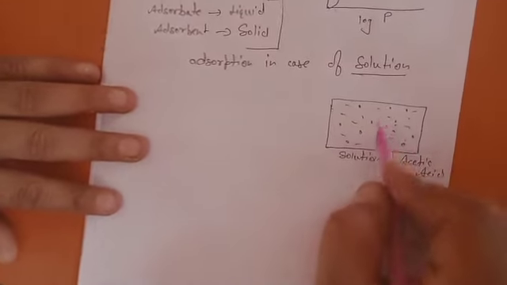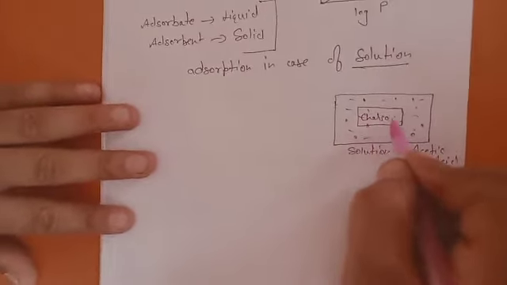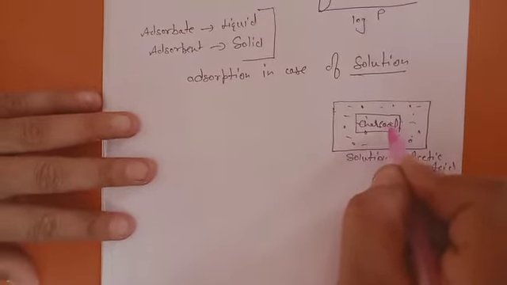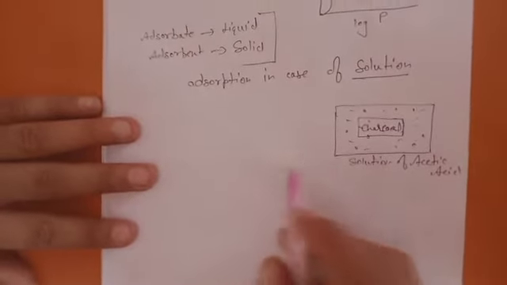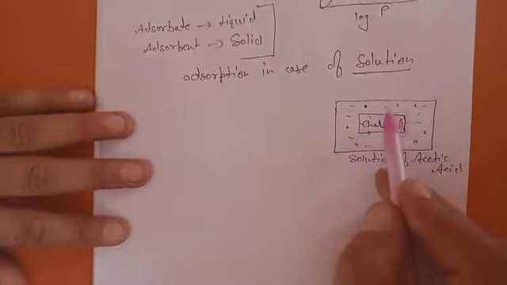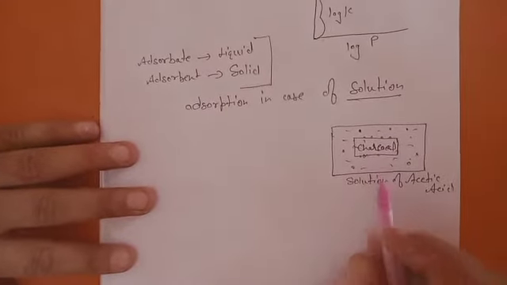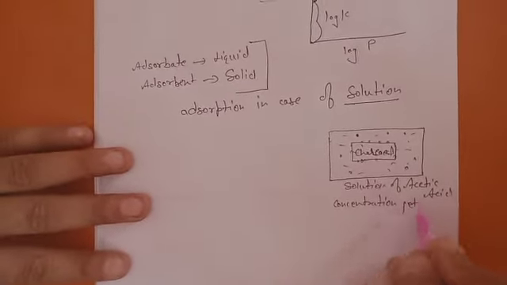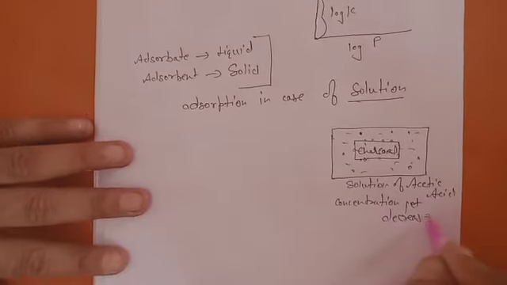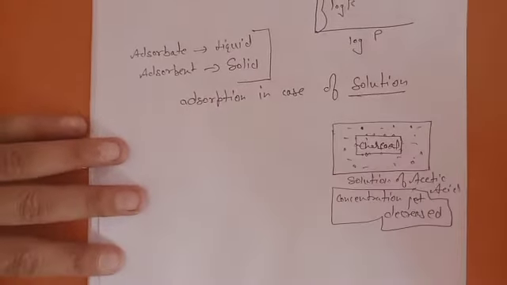Now if you put some charcoal in this, charcoal you can prepare from wood particularly by destructive distillation, and if you shake the solution, then what will happen? These acetic acid molecules will start adsorbing on the surface of charcoal, and you will see the concentration of the solution decreases, which proves that yes, adsorption occurs. Why? Because acetic acid from the solution gets adsorbed on the surface of charcoal.